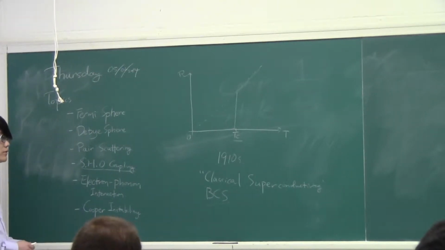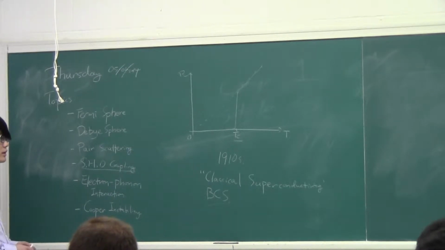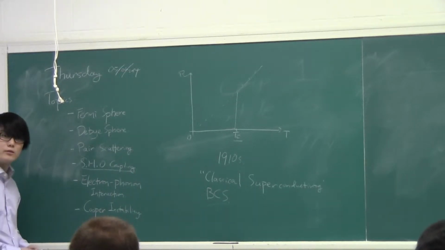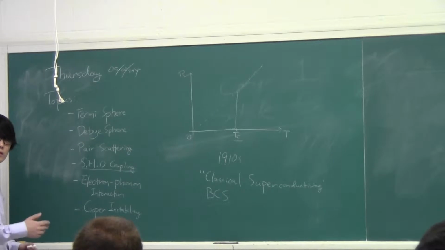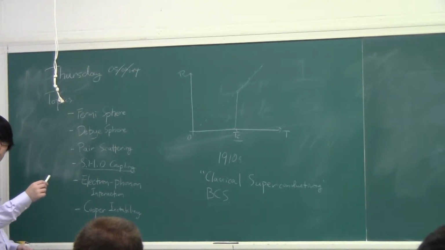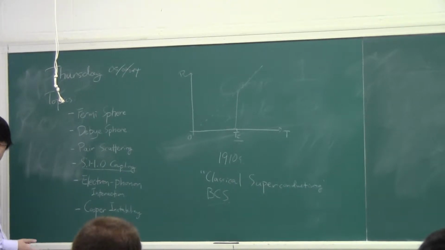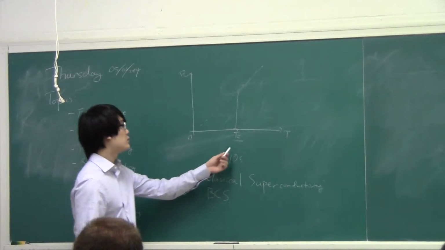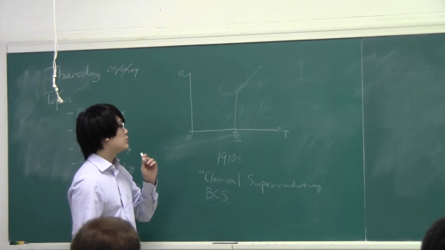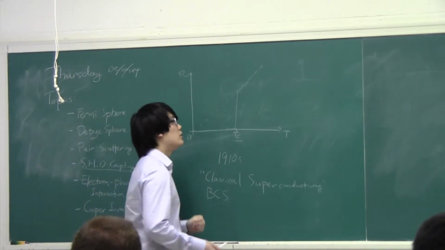And from this very simple consideration, we can take a look at what is the energy scale associated with the superconducting transition. How much is the energy of the system dropped? And also we can look at an estimate of the critical temperature based on this energy drop. So essentially, what's going to happen,